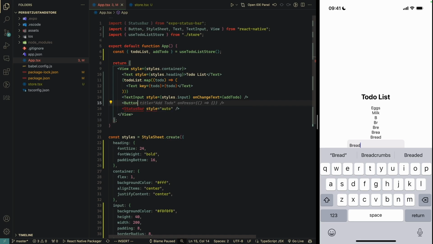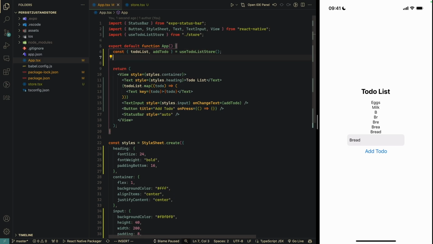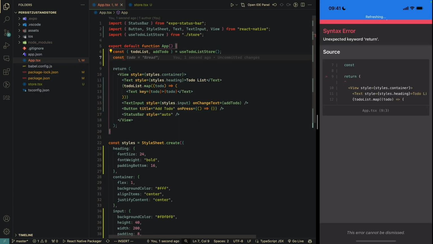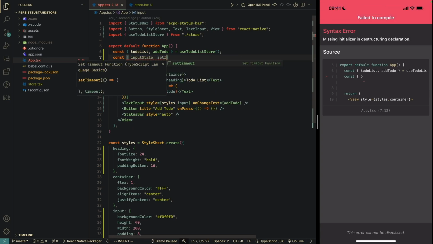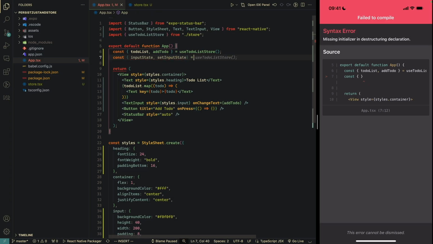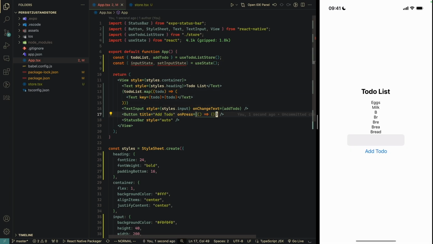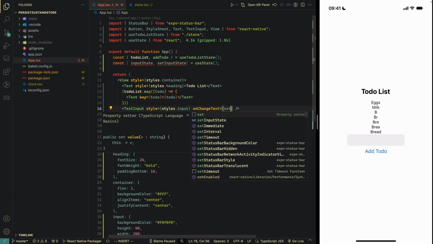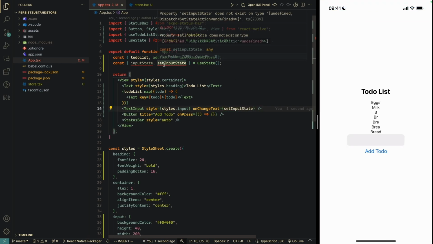Button, React Native button, add to do. And I will also need to store the state of the text input. So I'll create input state, set input state, and I'll use state for that. And every time it triggers this, let me set the input state. Why is it showing? Acha, it should be